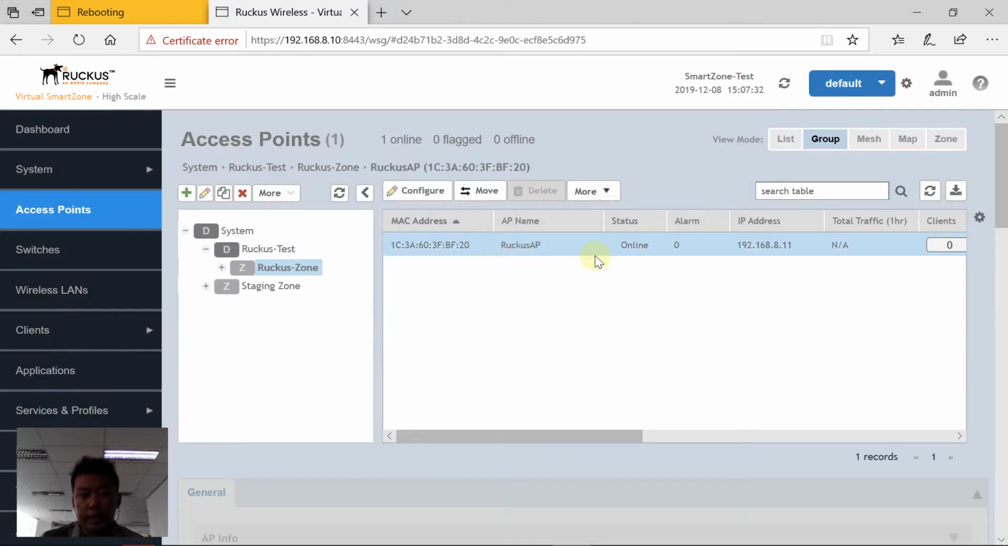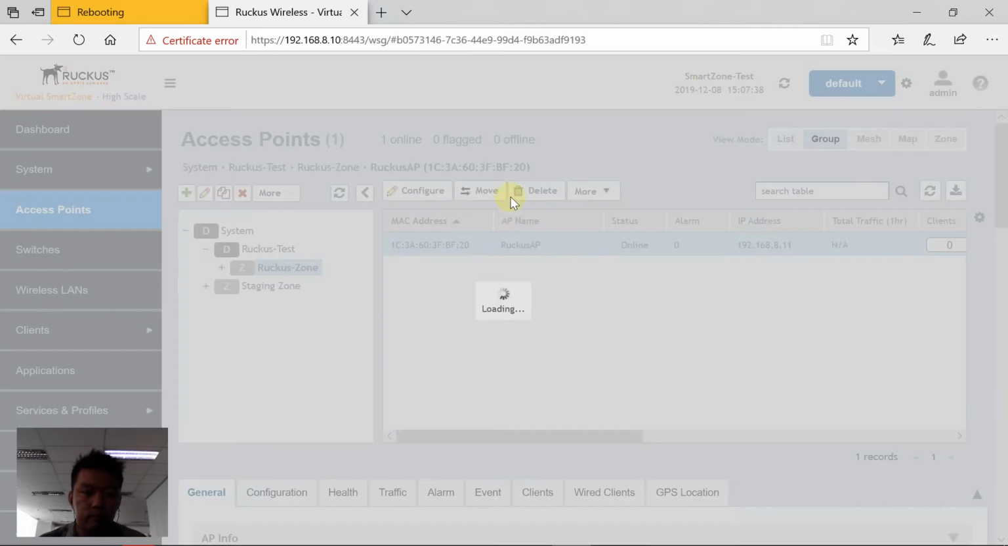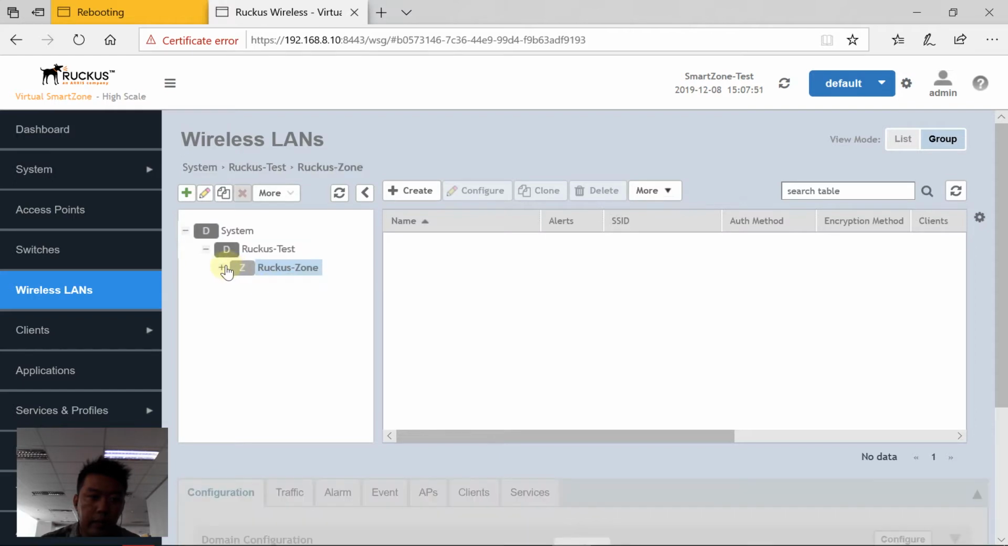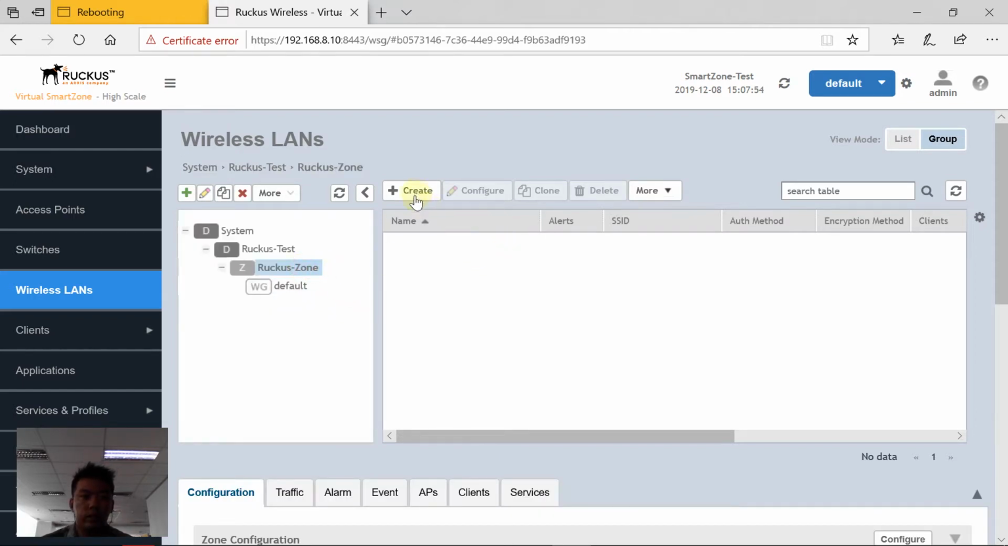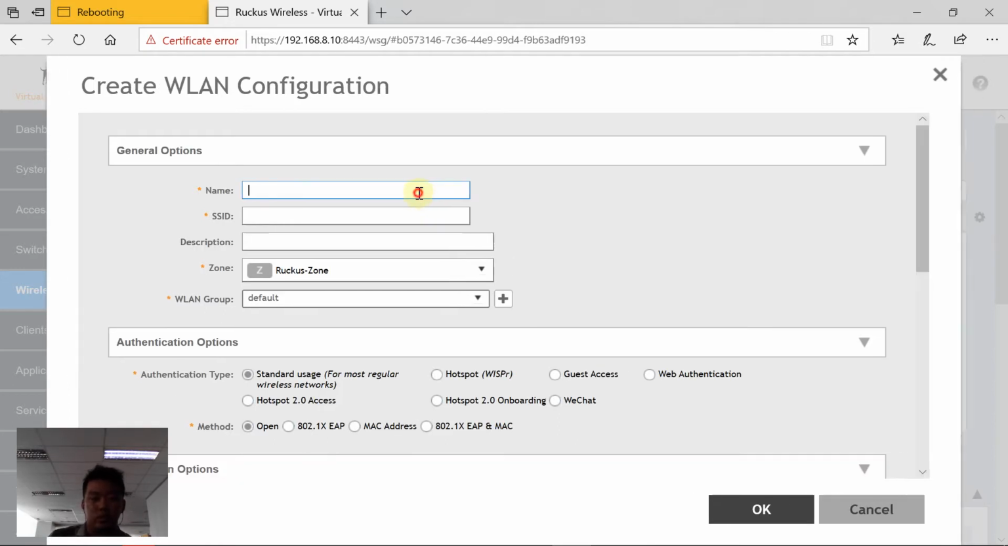Here, the access point is already in the zone, and now we move to the wireless LAN. At the Ruckus test, we select the Ruckus zone. In this Ruckus zone, we can create an SSID. Okay, we should wait. The SSID is SmartZone Bus Test. The zone is Ruckus zone,